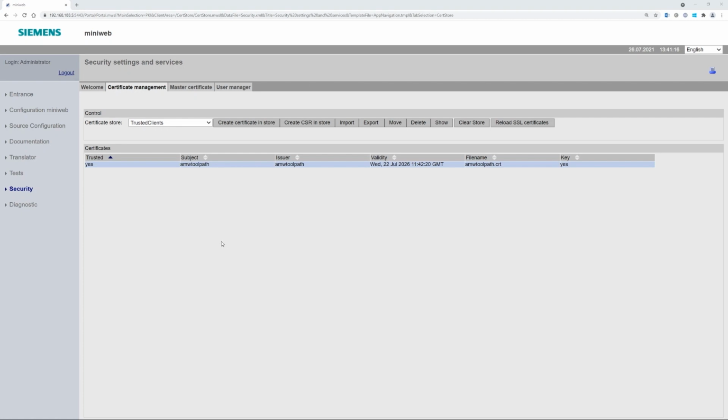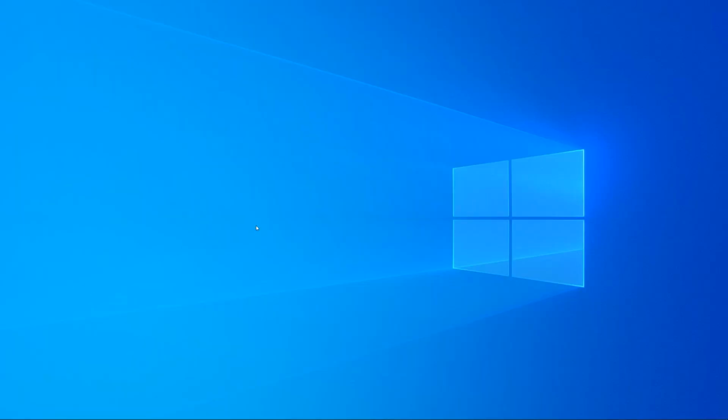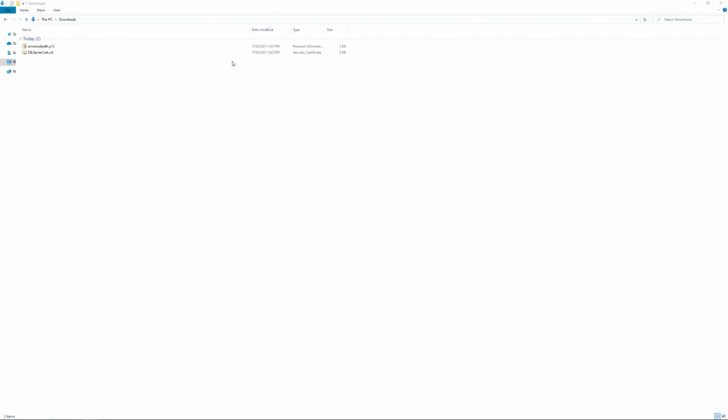And now our steps are finished here. So we can log out and also close the browser. So let's now install the certificates. In my case, the certificates ended up in the downloads folder, and we start installing the server certificate. So I right click here, and then I click on install certificate,